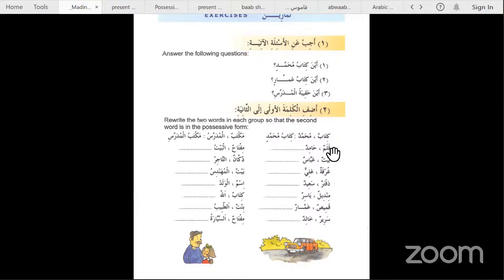Okay. So the way they are structured, you can leave them as they are. The only thing you need to do is change the harakat, like as you see, Kitabun and Muhammadun becomes Kitabu Muhammadin. Maktab and Al-Mudarris becomes Maktabul Mudarrisi. So the structure of the nouns, whether it's the first noun or the second noun, remains the same. It's only the harakat which change. So Kalamun becomes Kalamu, and Muhammadun becomes what? Hamidun becomes Hamidin. So what will be the whole sentence? قلم حامد. Correct.